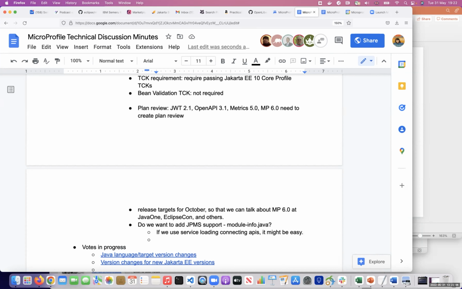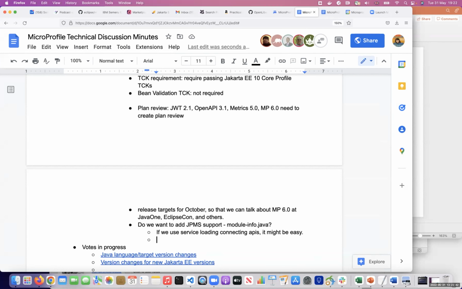Yeah, for Jakarta, they just added a module-info, but didn't explore any JPMS, didn't enable anything. Right, so they basically enable their APIs to be used in JPMS applications, but at the actual application server level, the class loading regime is basically the same. It's WARs and EARs, things which have very defined class loading semantics. I think MicroProfile, for the most part, probably doesn't even speak much about this.